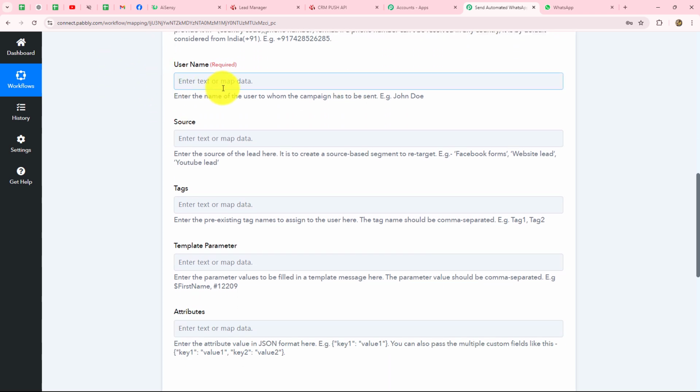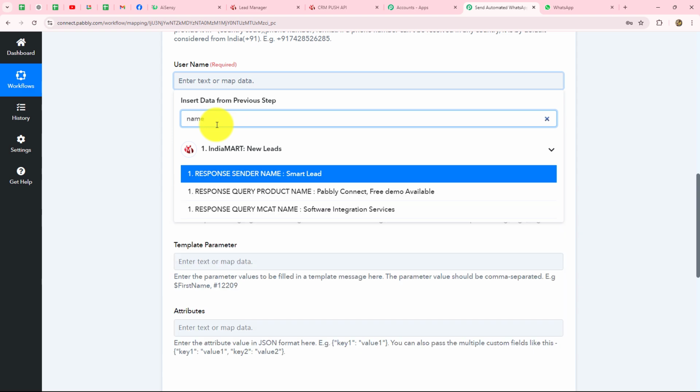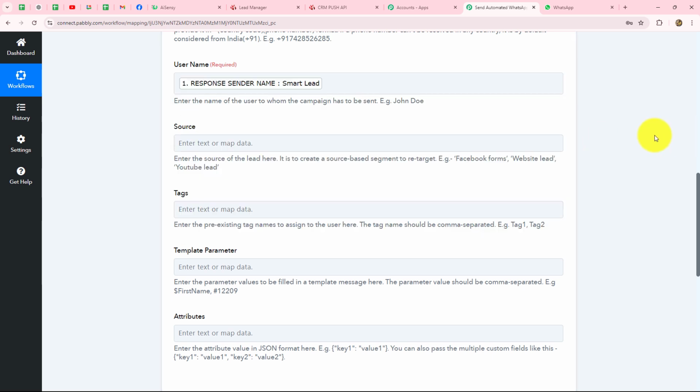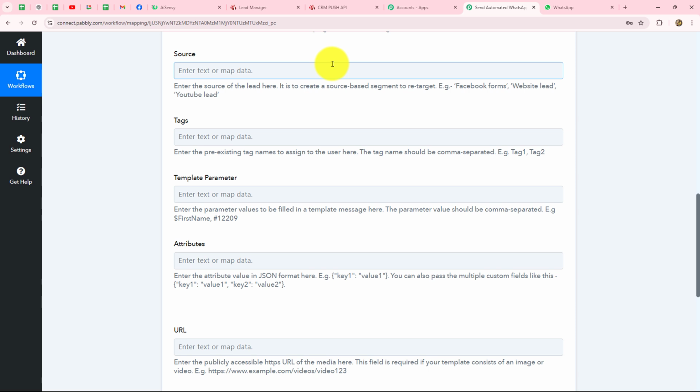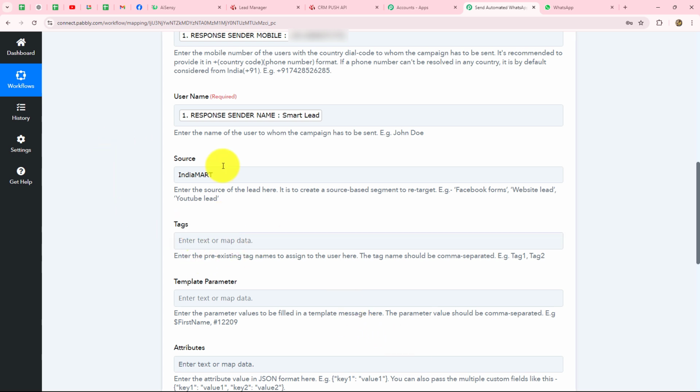Then we have to move forward. We have to enter the name of the person to whom we want to send this message. I want to send this message to my lead which I have received from IndiaMART. So I'm going to search for name over here. It has already redirected us towards the name of the lead, so I'm going to select it and it is mapped over here. Then if you want to enter the source of the lead, you can also enter it. I'm going to enter, let's say, IndiaMART as my source. Then we have the tags over here and all these fields are not mandatory,